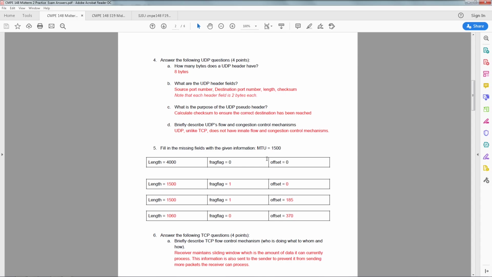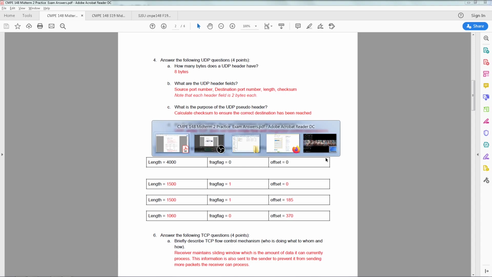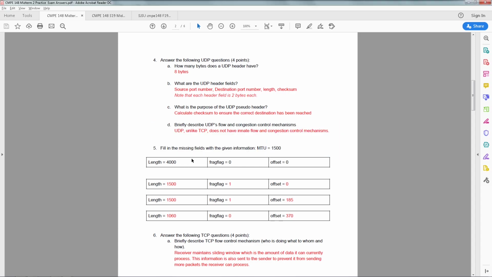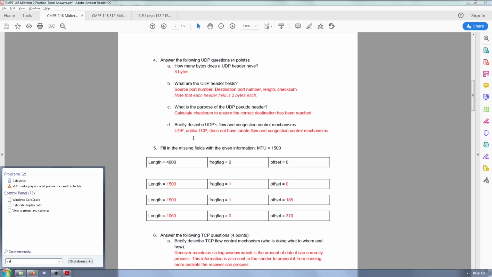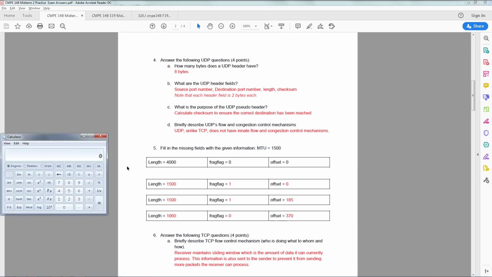Well, because the MTU is 1500 and we don't give any header information, you should assume that the header size is equal to 20 bytes. And so an MTU includes payload plus header. So that means that the payload that you can include in your fragment must be a maximum of only 1480. So I didn't have a calculator out, but let's just open that up so you can see. So 148, right? And so remember, we're doing